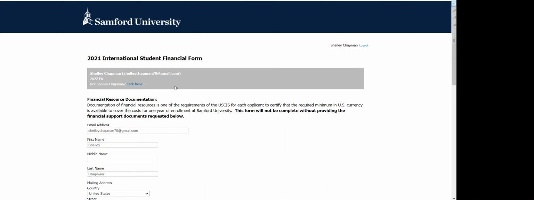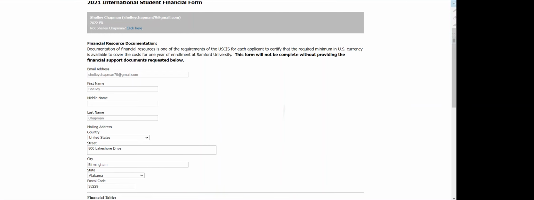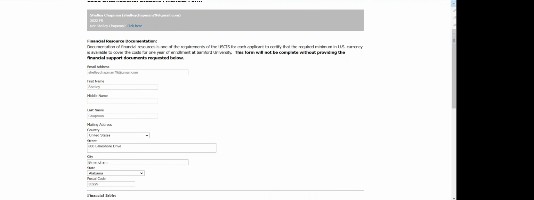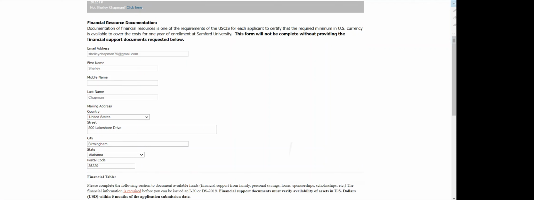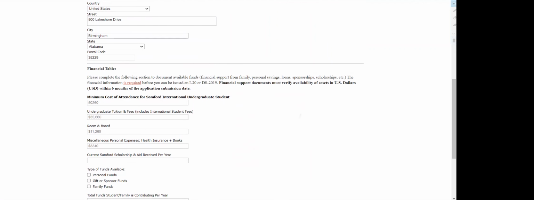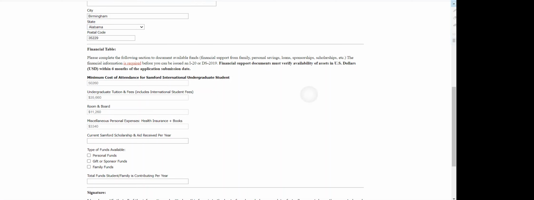Let us go ahead and open the form from this email from Jennifer Beck. The first part here is pretty self-explanatory. Fill in the boxes with your email, name, and mailing address. The second part of the form, the financial table, can be a bit more confusing, so I will explain how